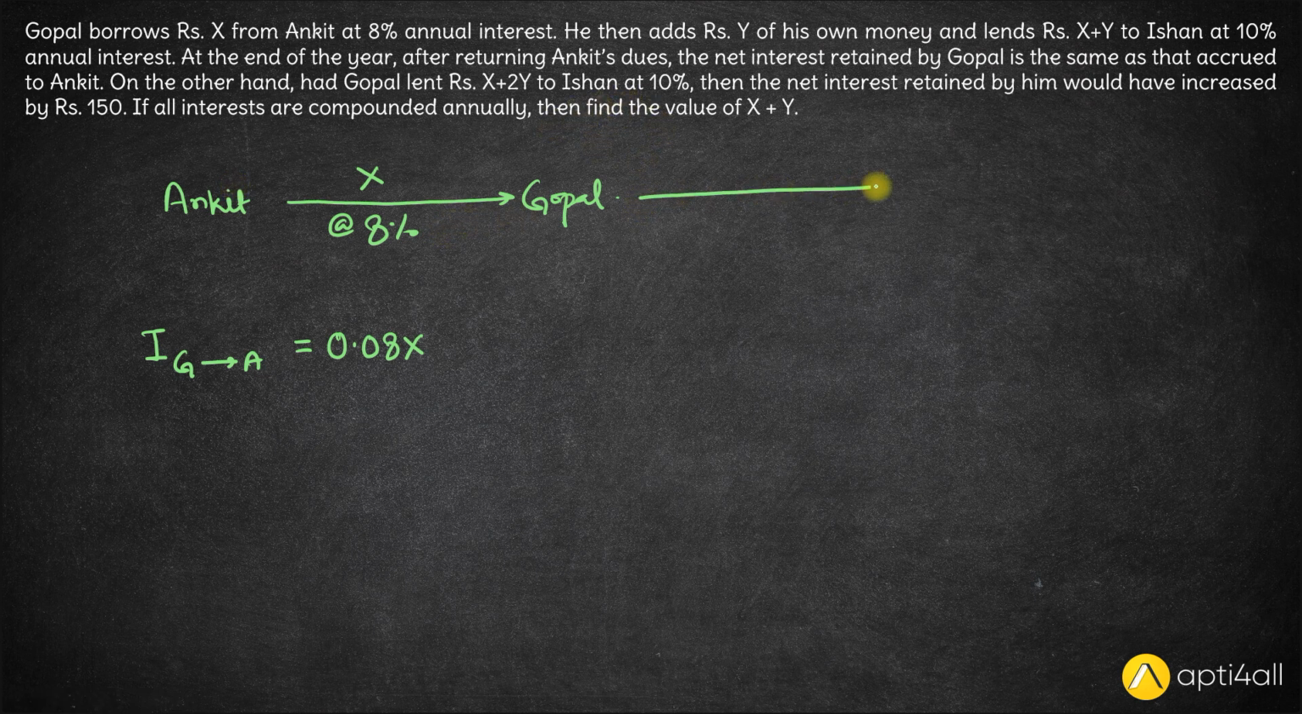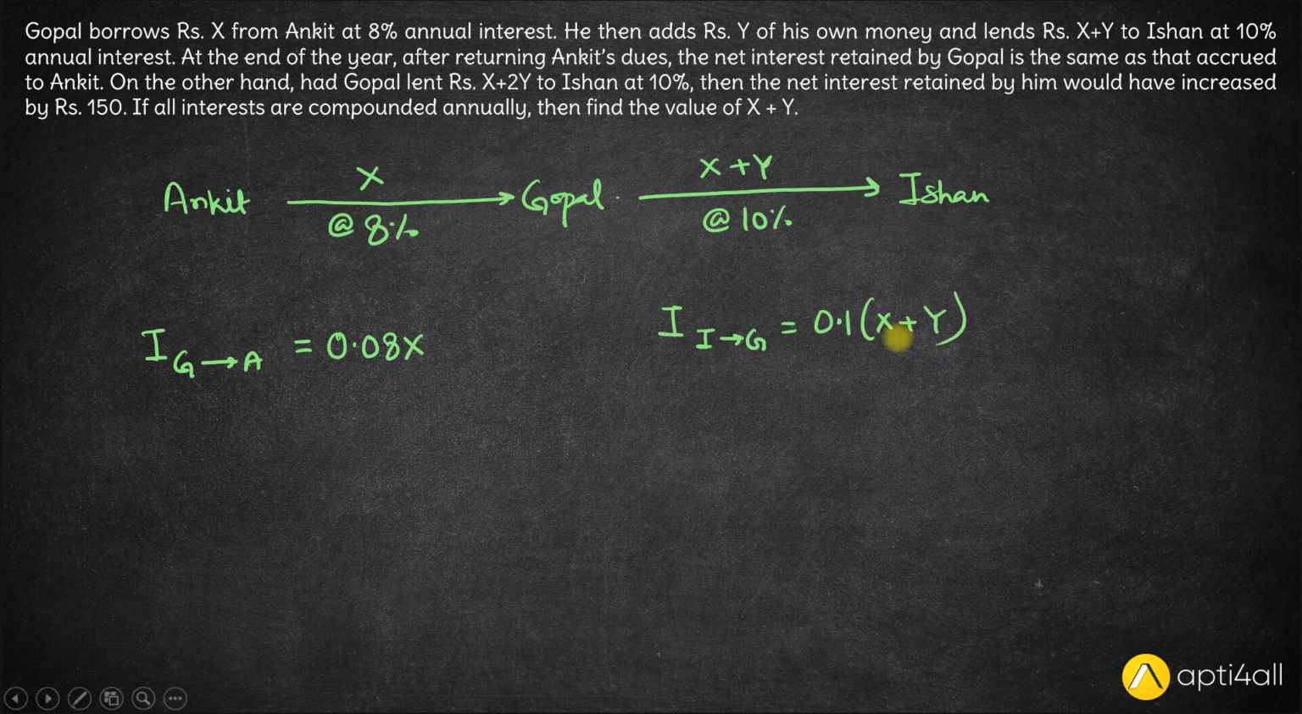And when Gopal lends it to someone else, he adds Y of his own money, X plus Y, and he lends it at 10% rate of interest to Ishan. Right? So how much interest will Ishan give to Gopal? Ishan will give 10% of X plus Y, which is 0.1 times of X plus Y. Fine. Now it's given that